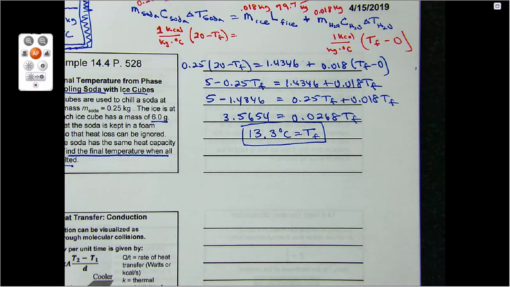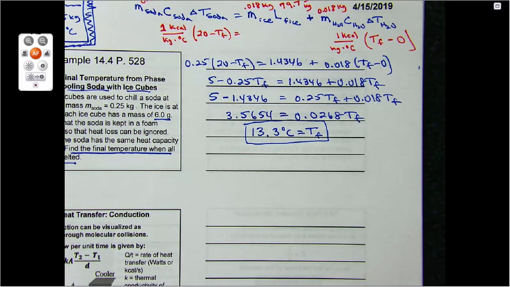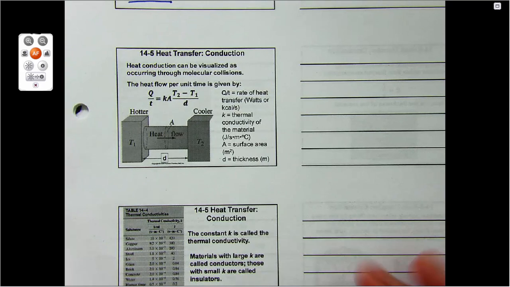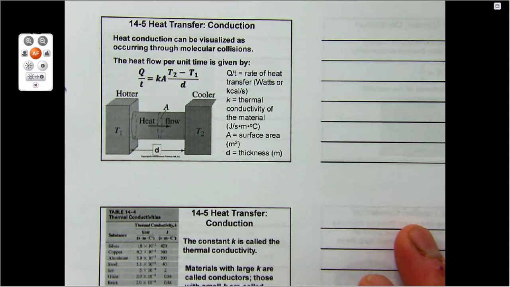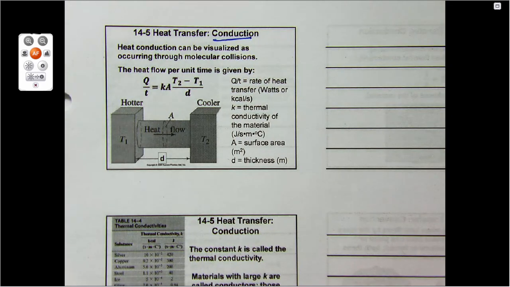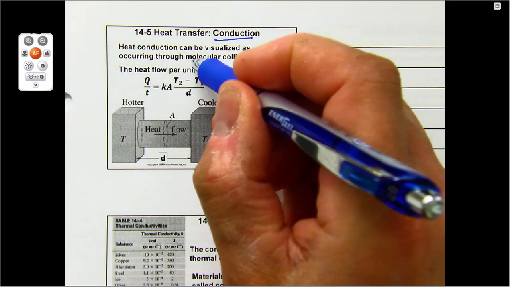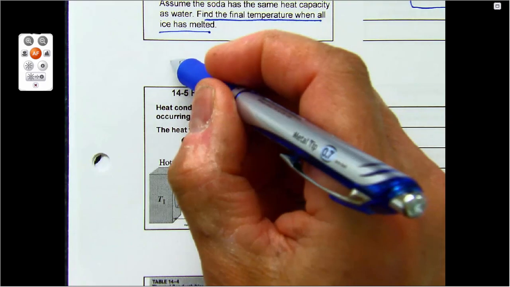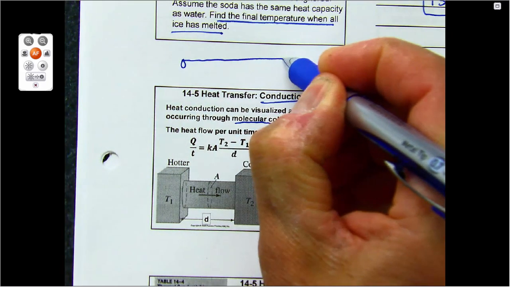We'll look at this other, we'll do one example of conduction here, and then we'll look at the lab a little bit. So, this diagram here is heat of conduction. And it's really molecular collisions. So if you take a piece of copper or whatever,